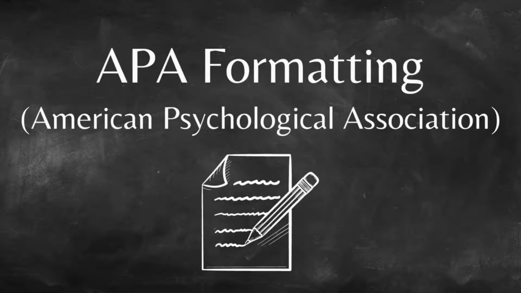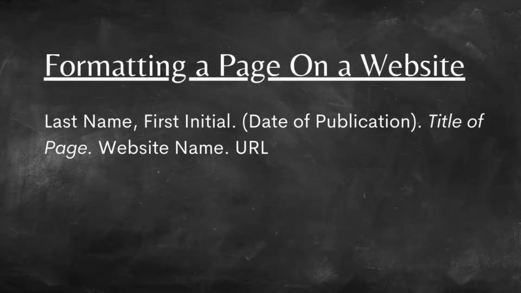And now moving on to APA formatting. So APA stands for the American Psychological Association. Okay, and we're going to go through those same 3 types of formatting. So formatting on a website, you would give the last name, comma, and first initial of the author. So with APA, you don't give the full first name. You mostly just use the first initials of the authors. You would give the date of publication in brackets, and then the title of the actual article page would be italicized. Then you would give the website name, and then after that, you give the URL, so that link to the